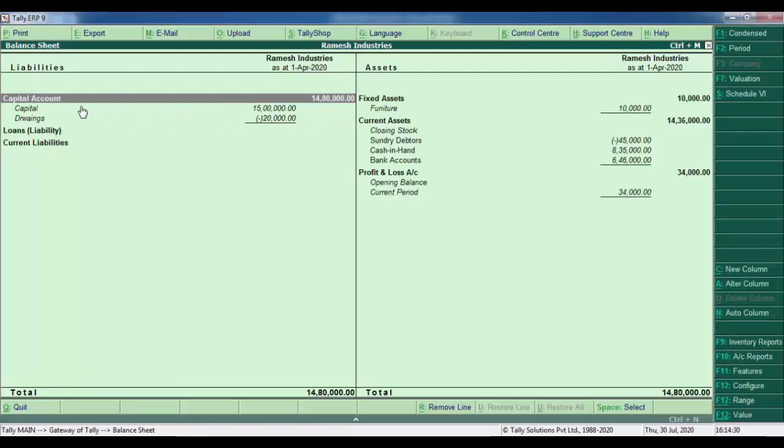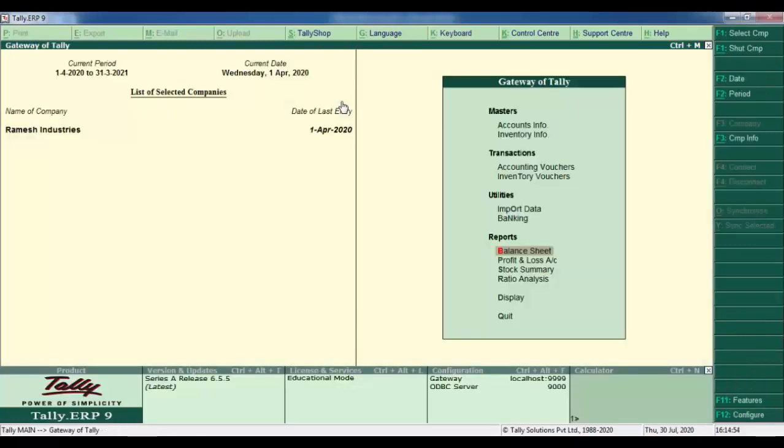Actually, we invested 15 lakhs, and from that we withdrew cash for personal withdrawals, which is 20,000. So the capital is 15 lakhs, drawings is 20,000, and after deducting the drawings, the total amount is 14,80,000. Press escape.